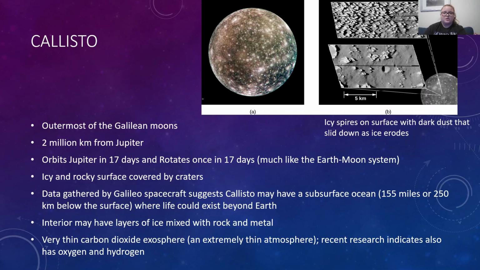Callisto is our first one. This is going to be the outermost of the Galilean moons. It's about 2 million kilometers from Jupiter. It orbits Jupiter in 17 days as well as rotates in 17 days, so this is much like the Earth-Moon system. Notice that the orbit and rotation rates are the same, meaning that Callisto has a synchronous